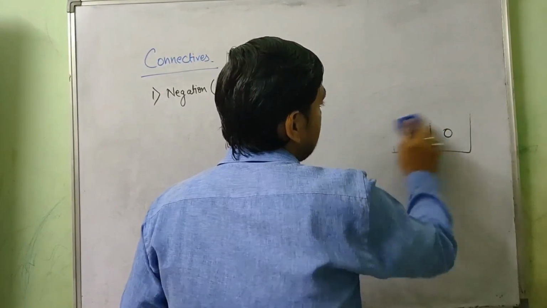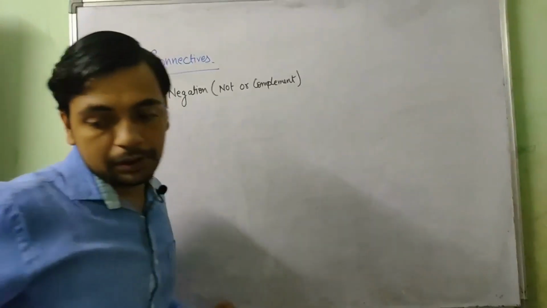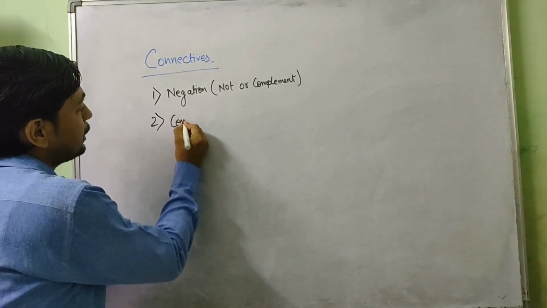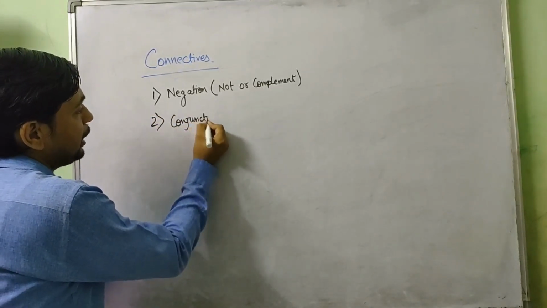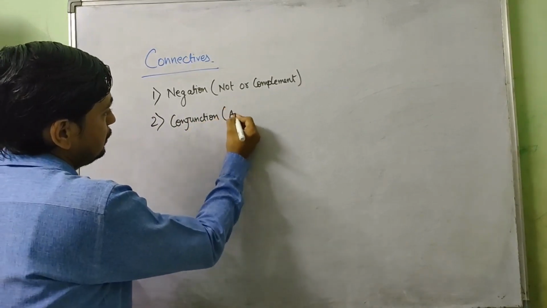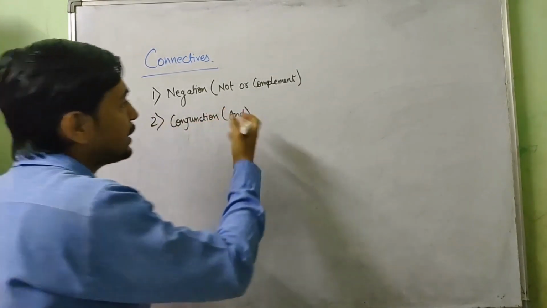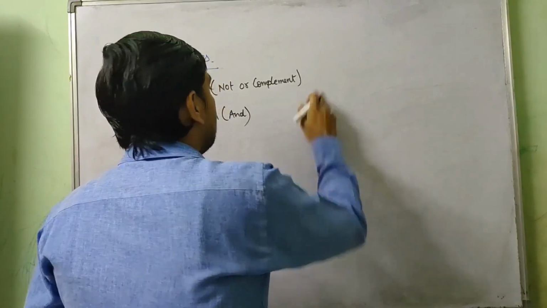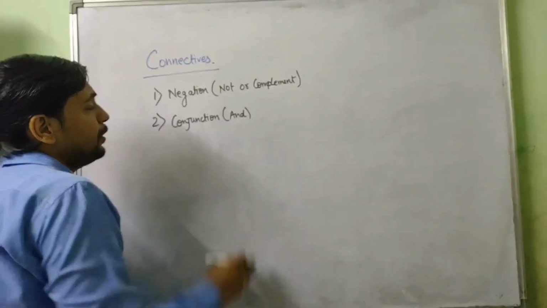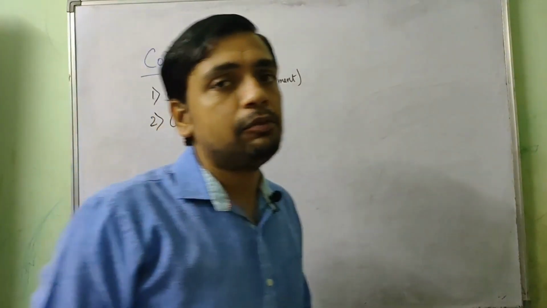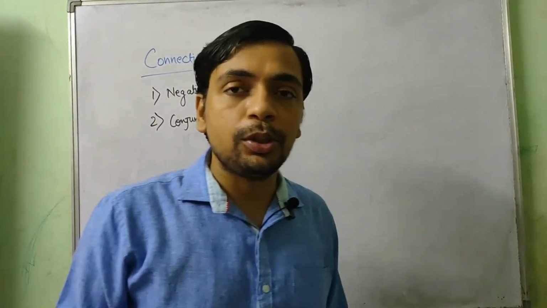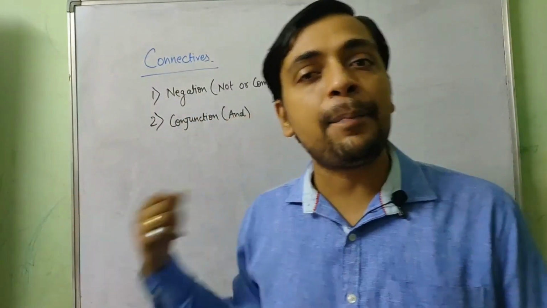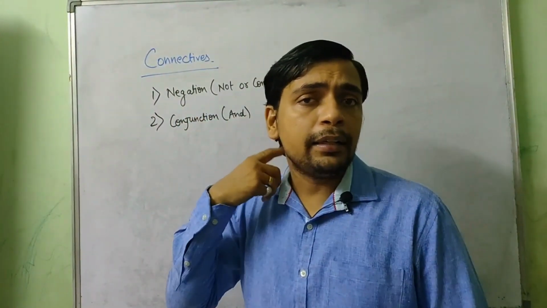What is it? Conjunction. So let's see. The conjunction connective is also known as AND. For example, negation is known as not P, or P not. AND is a connective that works on two propositions. You can take two propositions and combine them with the help of conjunction, and you will say it as